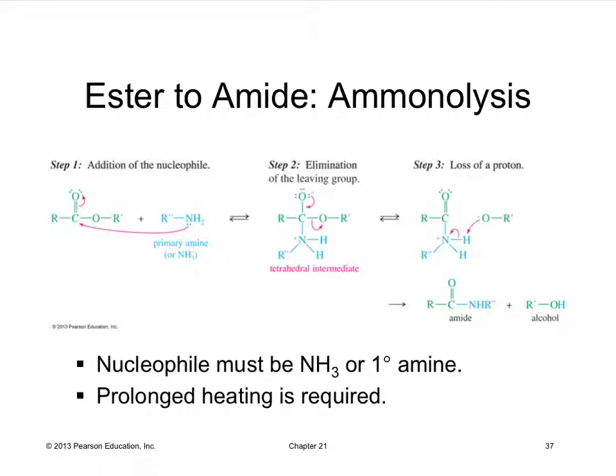Ester to amide, ammonolysis. Here's your primary amine, attacks, electrons go up, forming that tetrahedral intermediate. Electrons come down and kick off electrons to the oxygen. Your alkoxide will deprotonate and neutralize that positive charge, forming your amide and alcohol. In this case, your nucleophile must be NH3 or a primary amine, and you're going to need heating in order for this reaction to